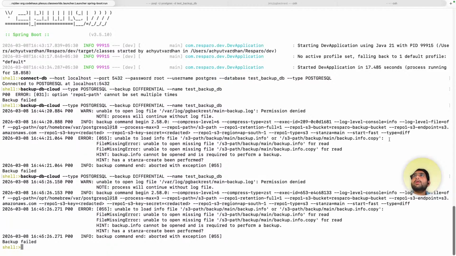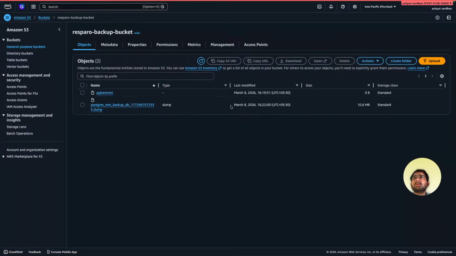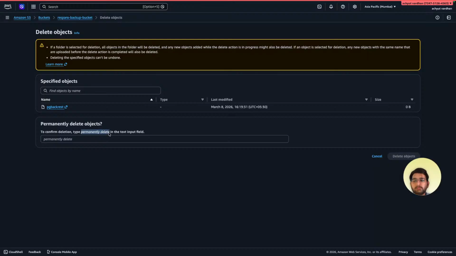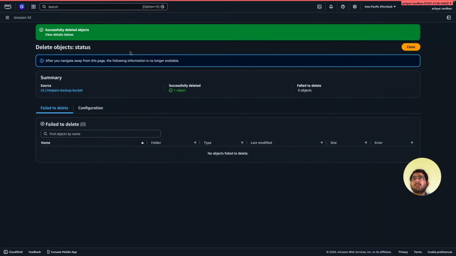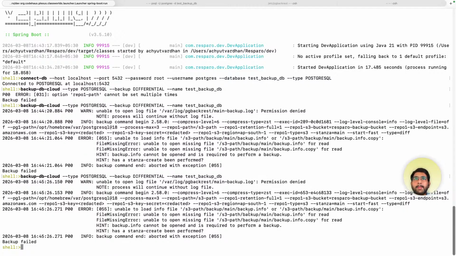या फिर से ट्राई करते हैं। नहीं, हमने बकेट पे जाते हैं। ठीक है, यहाँ तो कुछ सीन नहीं है। इसमें हमारा स्पैरो बैकअप ठीक है। एंड पॉइंट हमारा s3.m है। s3.path को वन स्लैश डैश पाथ। फाइल मिसिंग, एबल टू ओपन द मिसिंग फाइल, जो कि है s3 बैकअप मेन बैकअप डॉट एक्सपो फॉर रीड।